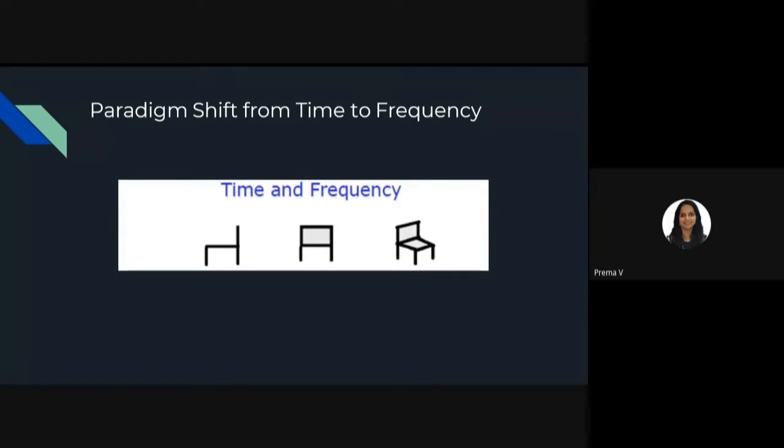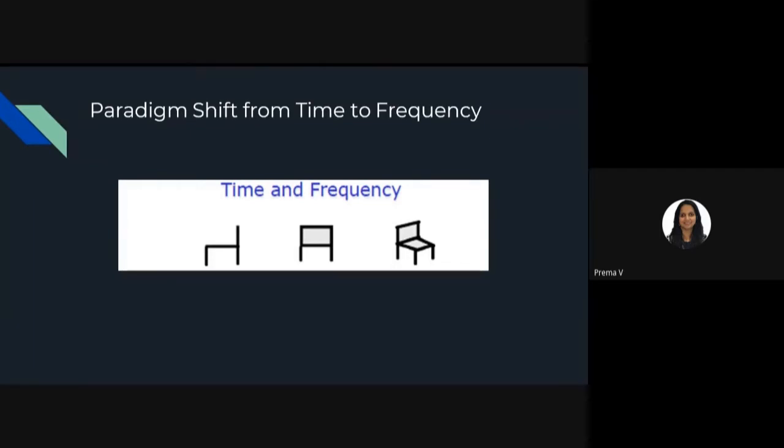In a similar way, the same signal or the same input we can view in different ways, either in the time domain or in the frequency domain. The advantage of the frequency domain is that if you decompose the input into various sine waves of different frequencies, you can predict the output of an LSI system for that particular input. And you can easily do the decomposition using a Fourier series.